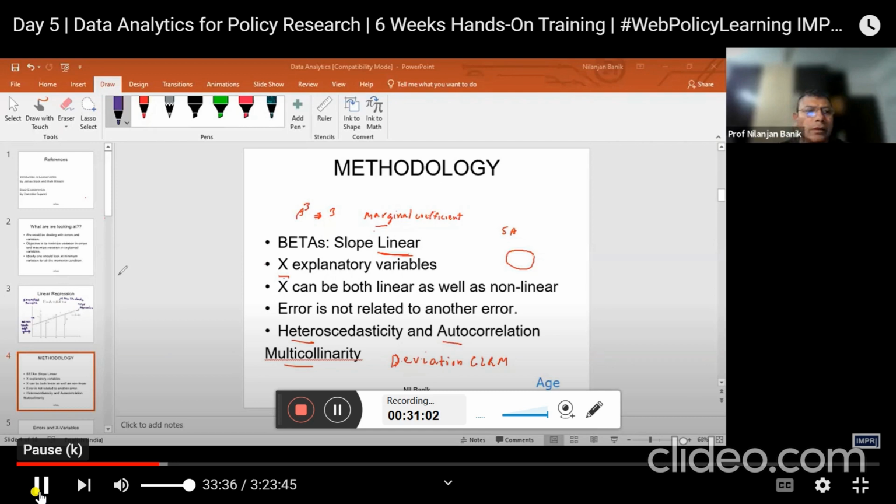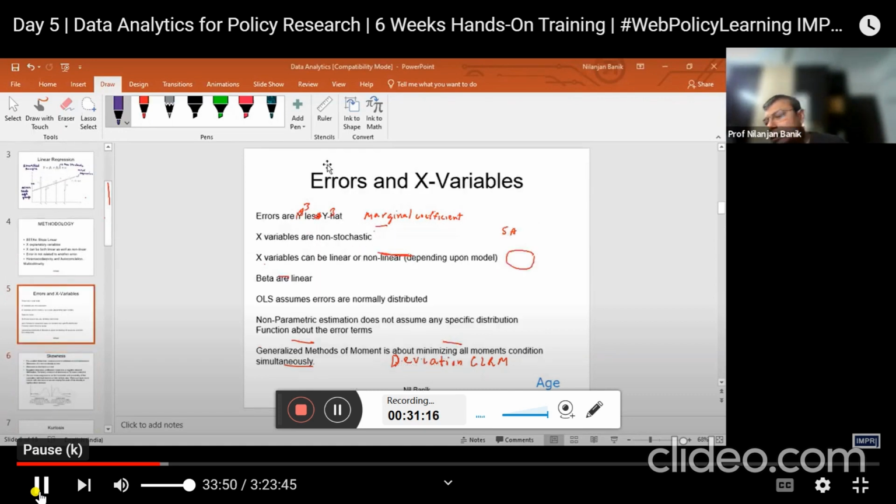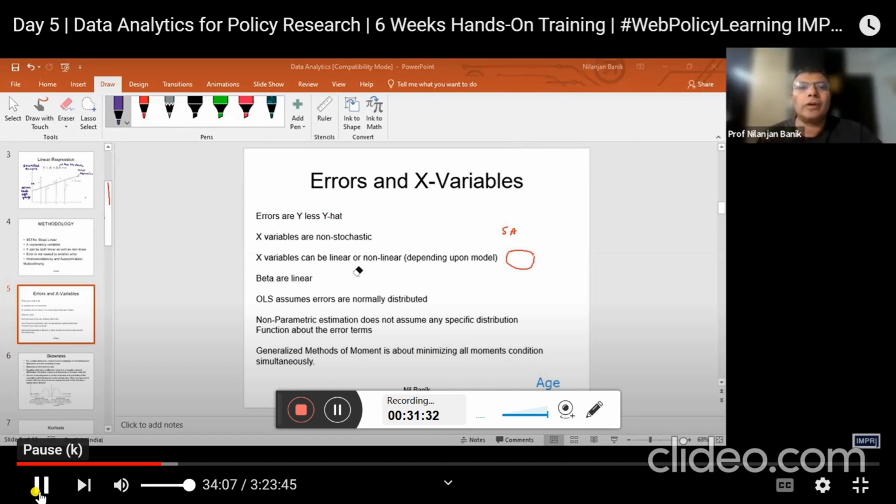So this is what we were dealing with. These are the things we have already said, that we are estimating the sample regression function, which we are calling y hat. X variables are non-stochastic. X can be linear or non-linear. And we also said that